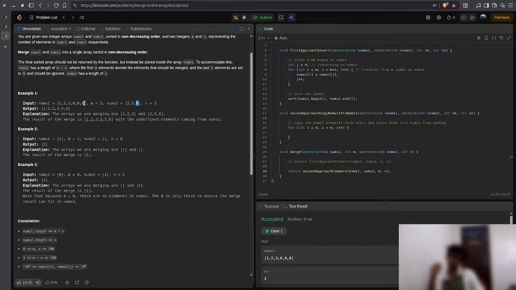And what if my i gets exhausted? Suppose this is 1, this is 3, 0, 0, and i gets exhausted, then I just have to copy all the jth elements, from the j pointing at the particular element, to the 0th index of nums1. So yeah,